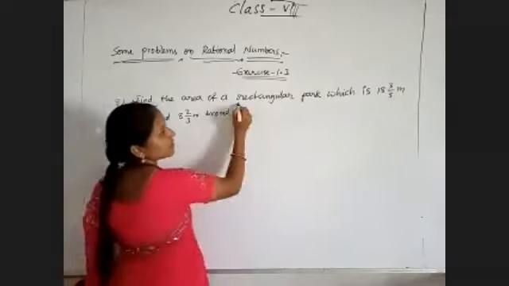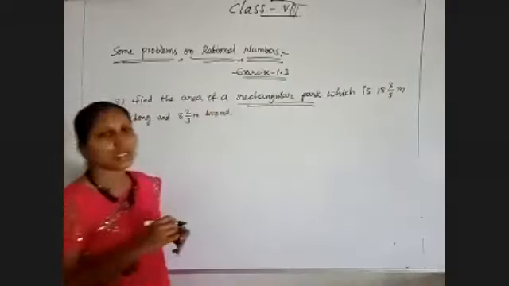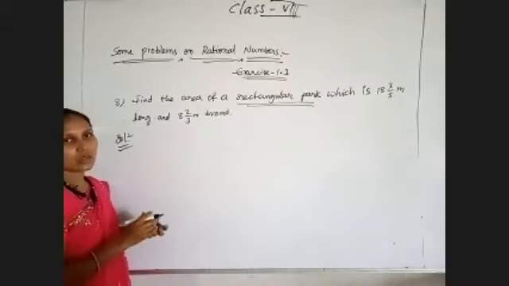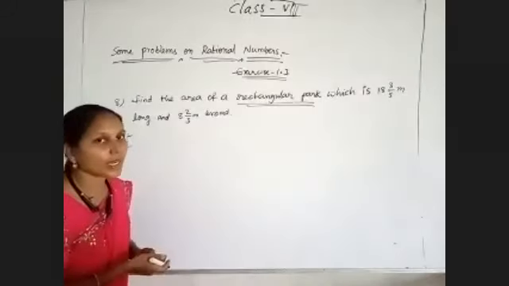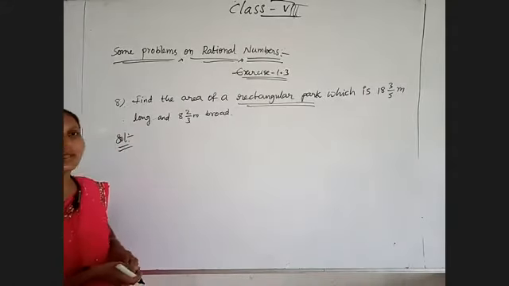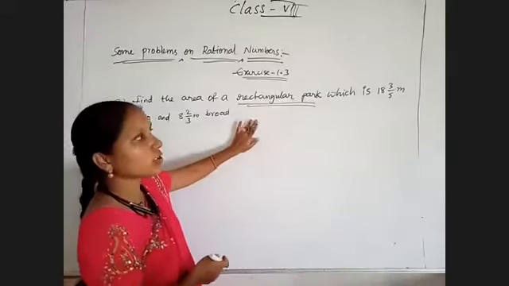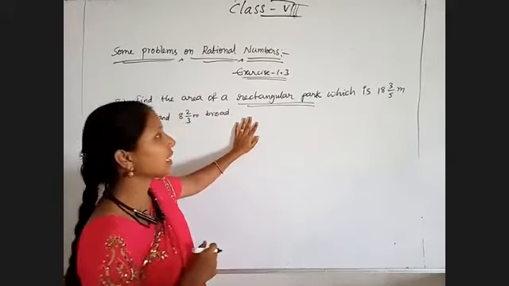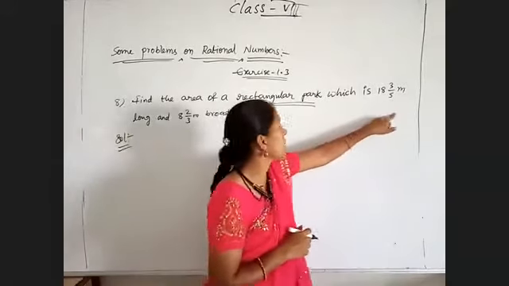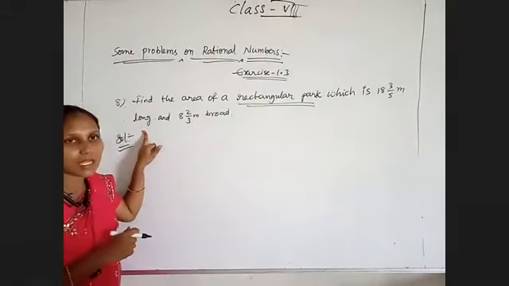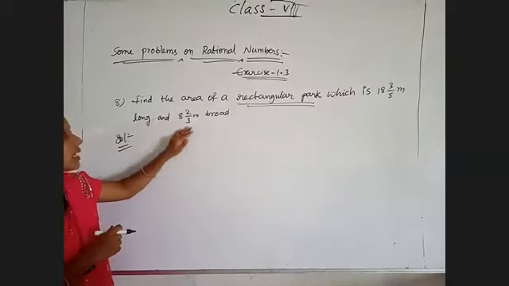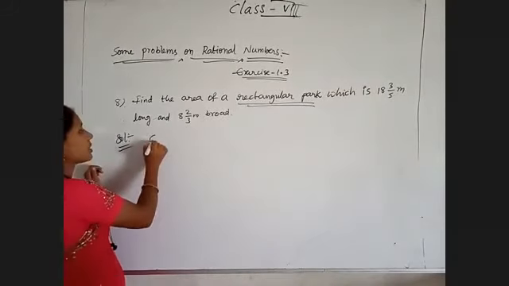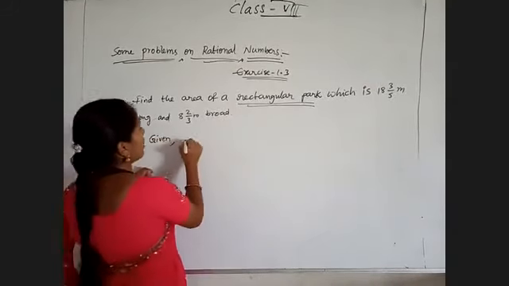So here they have mentioned a rectangular park. Area of the rectangle. What is the formula for area of the rectangle? That is nothing but length into breadth. If they are asking perimeter, it is 2 into L plus B. Here it is length into breadth. So for that what values do we need? Length and breadth values. So what is the length of the rectangular park given? 18 3 by 5 meters long. That is nothing but length of the park is equal to 18 3 by 5 meters. And 8 2 by 3 meters broad. That is nothing but breadth. Okay. From the given question, given length of the park.